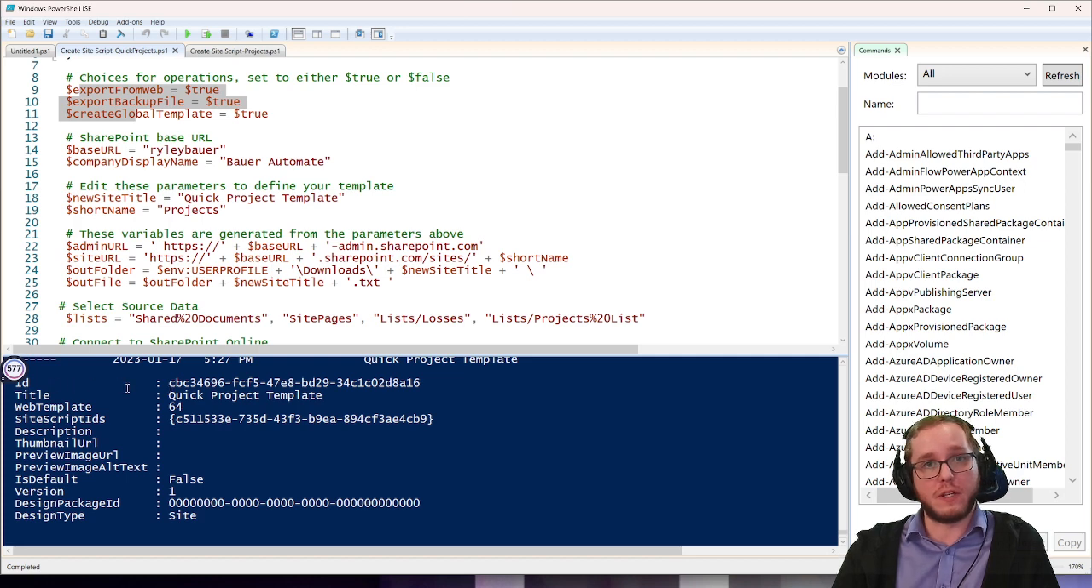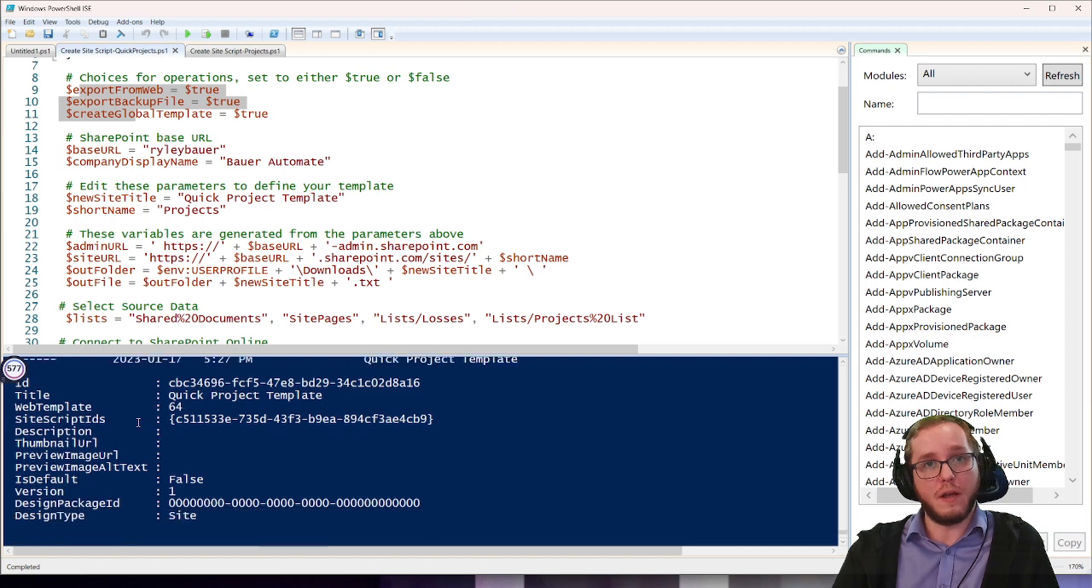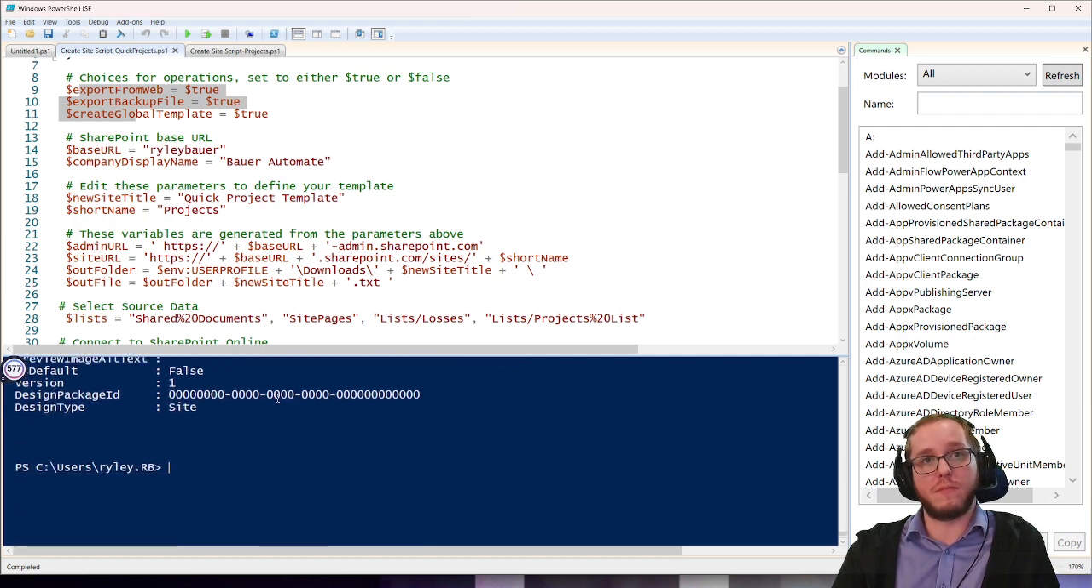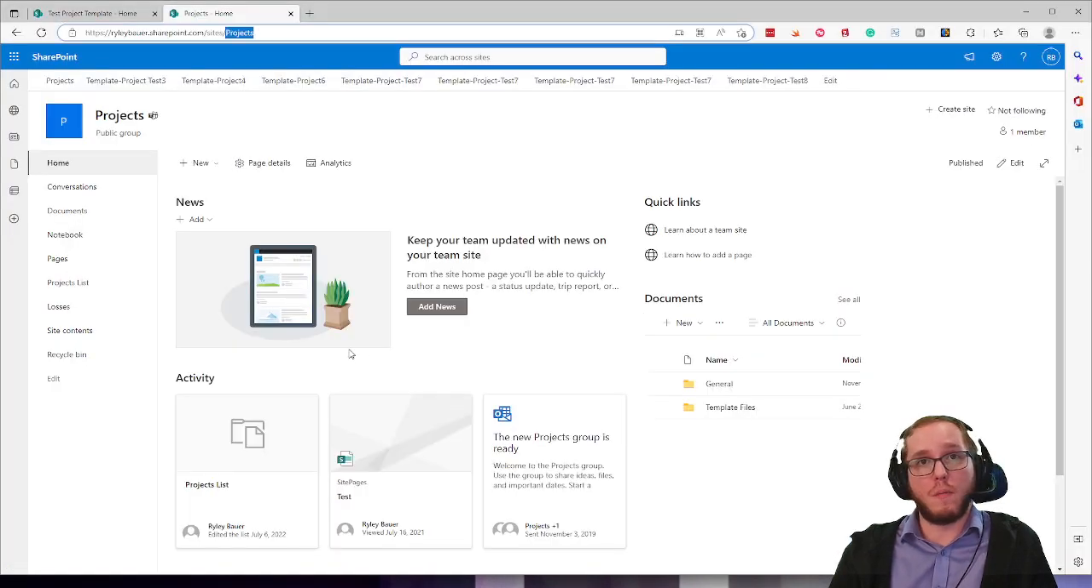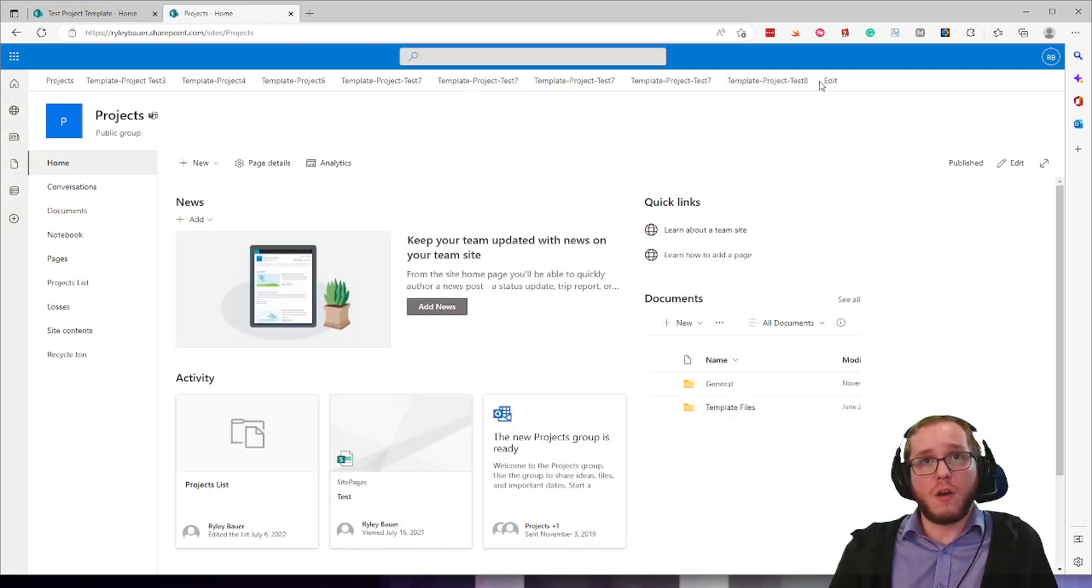So if I just take a look at the output here, it tells me which file it put the file in, and then it tells me the ID of the project template that was made. So now we can see that that's good to go, and you can start using this on your next SharePoint site. So if we were to go back to SharePoint and just refresh this page, on the top bar we've got the gear for your settings,